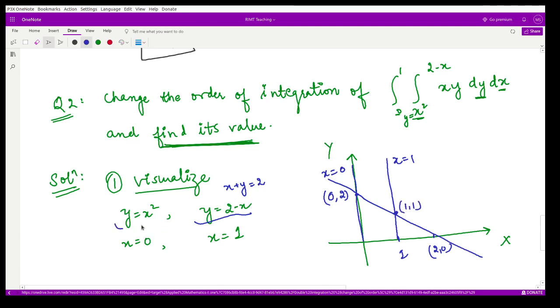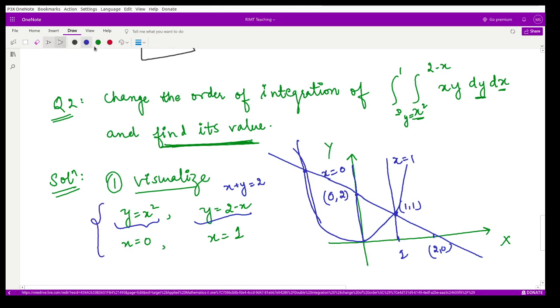Now the last curve is this one. So you have to plot this, but while plotting this you have to see where this parabola meets this line or the line x is equal to 1. So from here when you see when x is equal to 1, your y is also equal to 1. So that means your parabola passes through this point, and whenever here also whenever x is equal to 1, y is equal to 1. So that means your parabola passes through this point. So make sure to draw the correct figure when you visualize this region. Here also you can compute the values. But this point is not required. Why? Because our region is bounded only by these 4 lines.